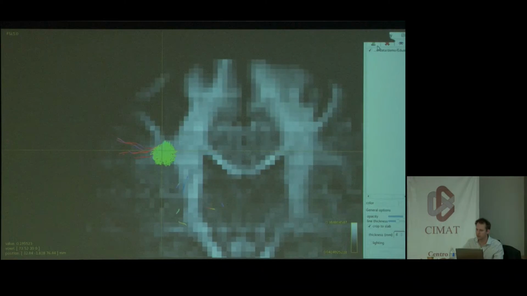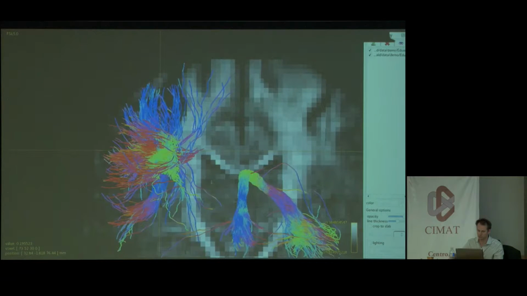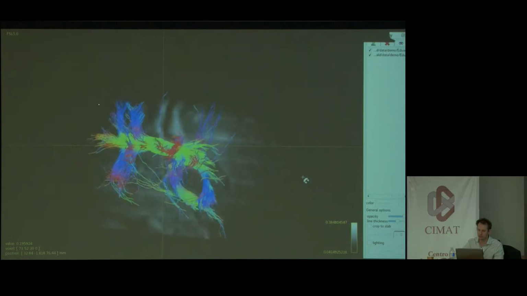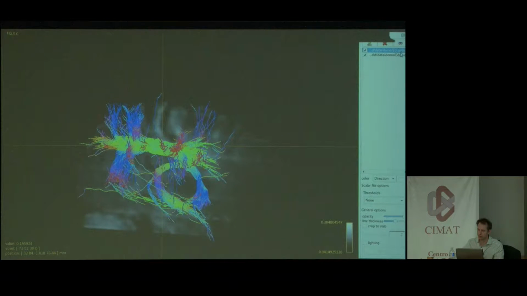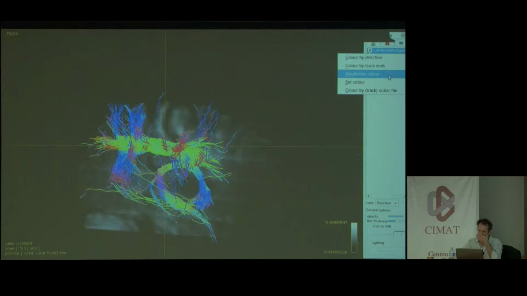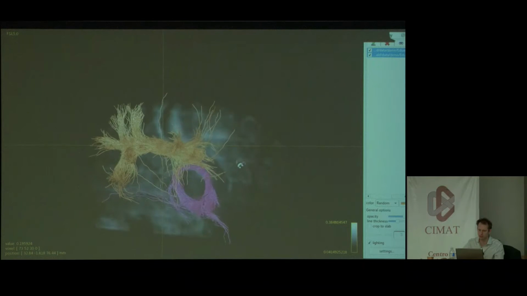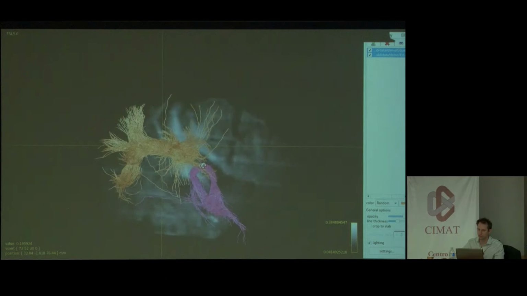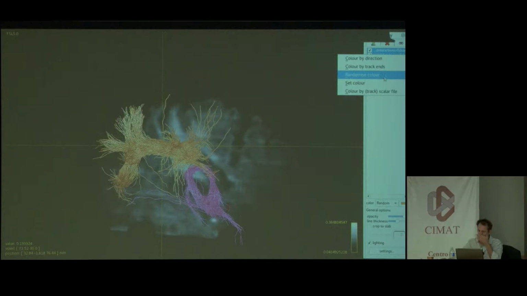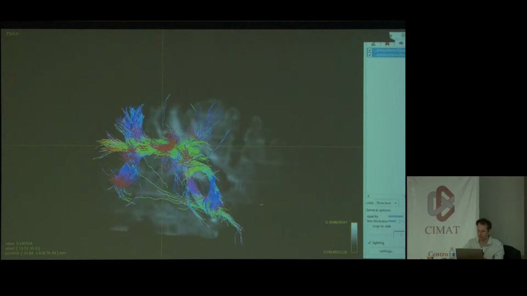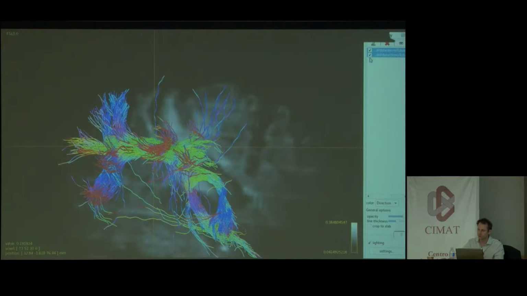By the way, you can have all these tracks loaded up simultaneously, it's not a problem. And you can display them all, and you can change their color so that you can see them as separate things, and that works better with lighting on if you want to. But I quite like color by track directions. So